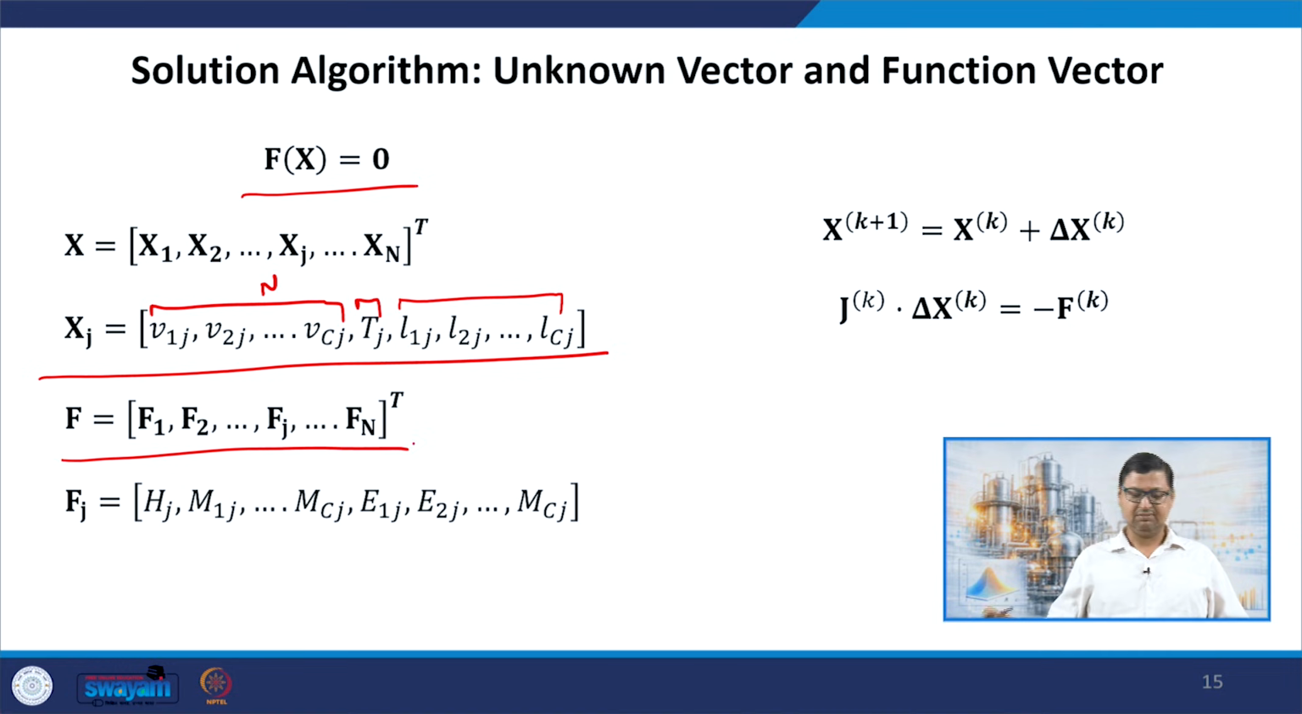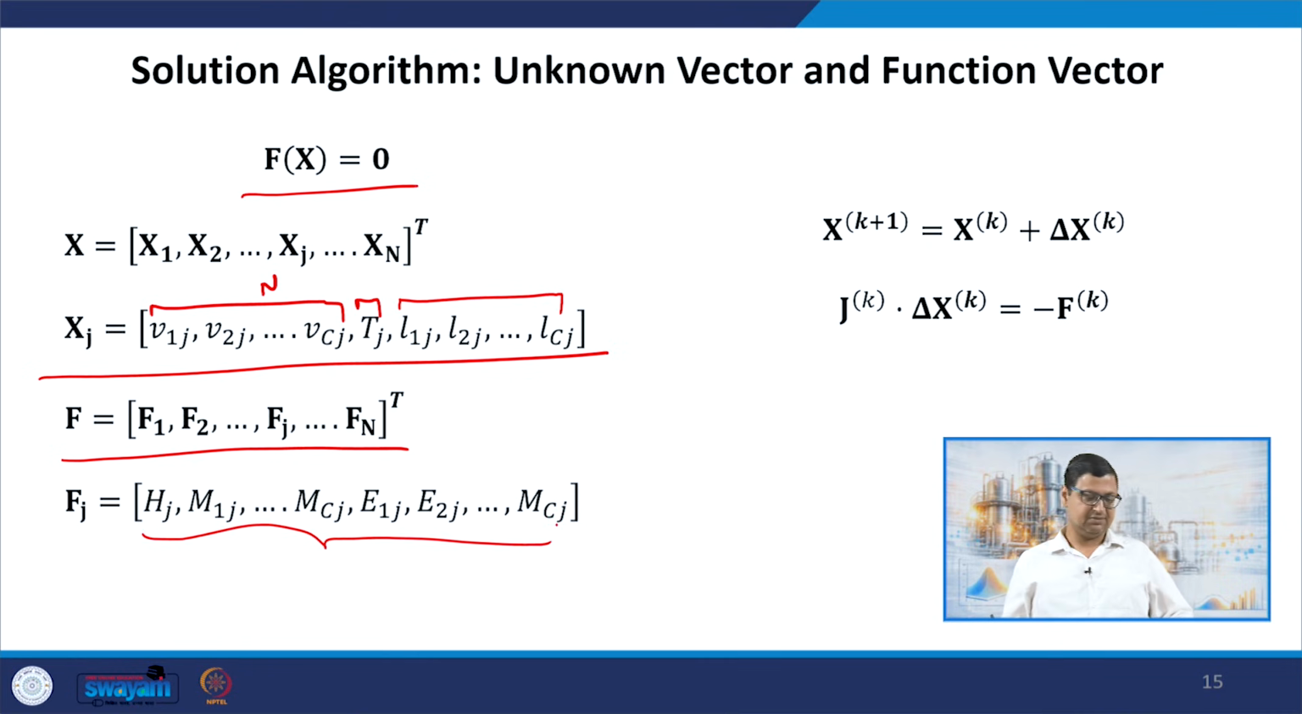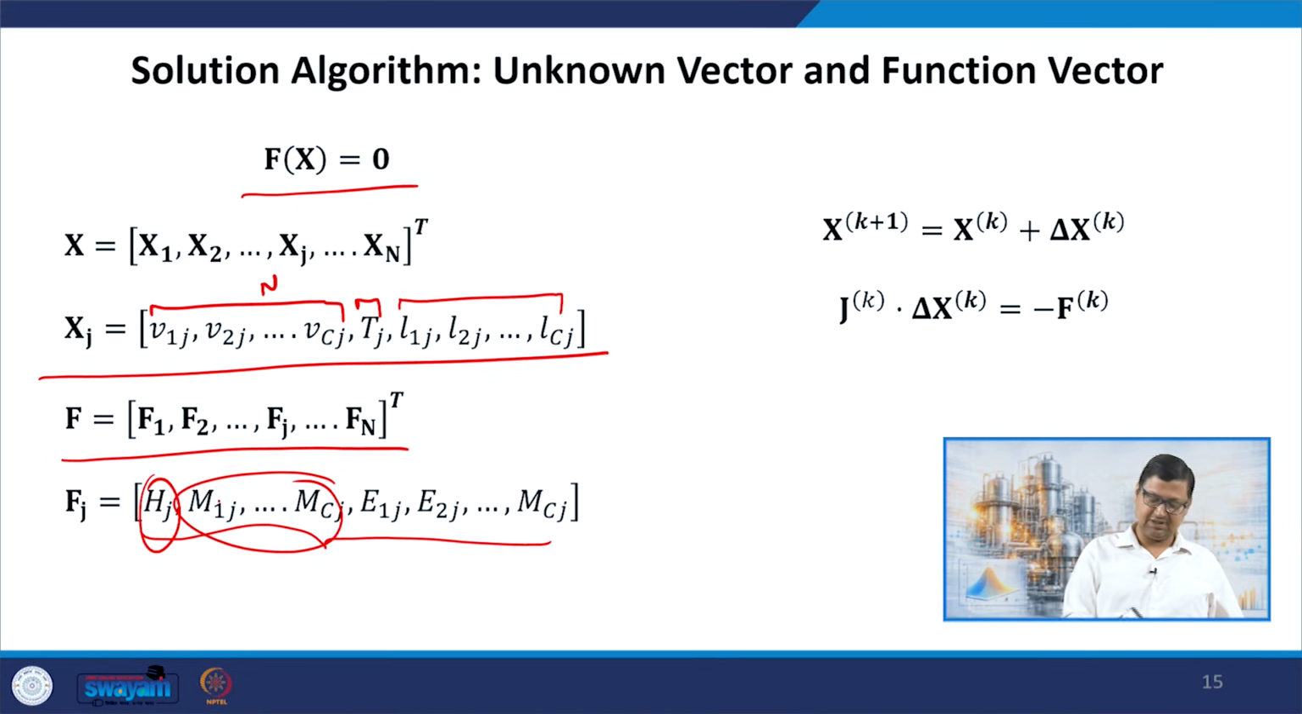We now get essentially a function vector here, and similarly the function vector in terms of the equations. So, I first write the equation for energy balance, and then I write the M equations, and then I write the E equations, right. So, we have one equation here, C equations here, C equations here,